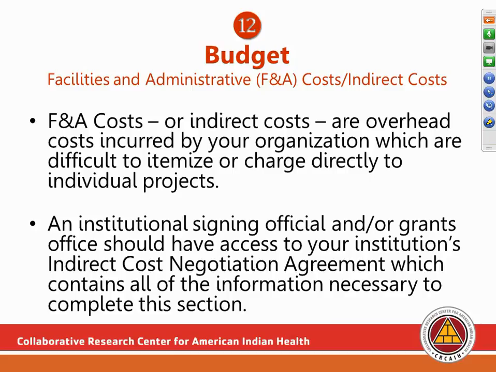F&A costs. F&A costs are allowed at the applicant's institution's approved negotiated rate. If requesting F&A costs, or another word for indirect costs, the appropriate section in the application package must be completed. If you do not know your institutional indirect rate, please contact your institution's grants or business office. Institutions that do not have an indirect F&A rate can request 10% indirect costs per NIH guidelines.